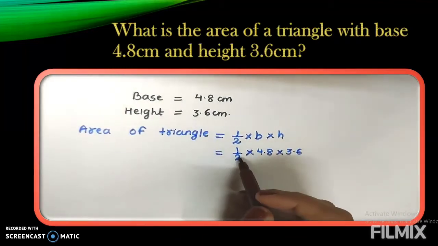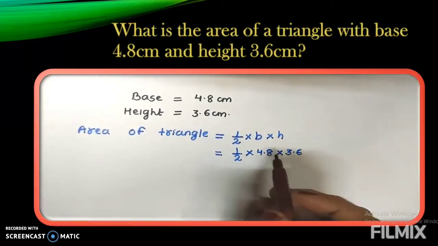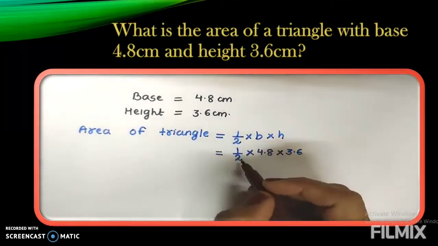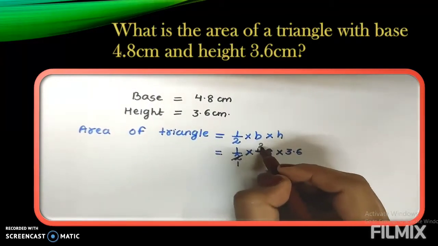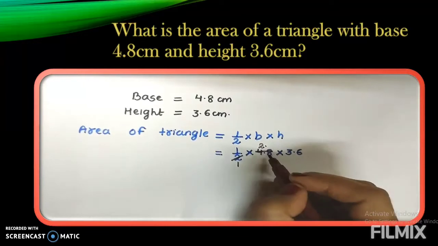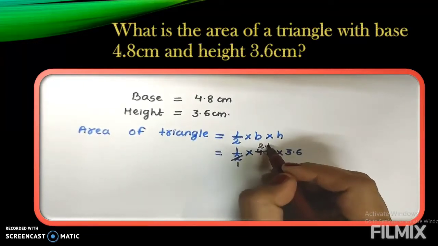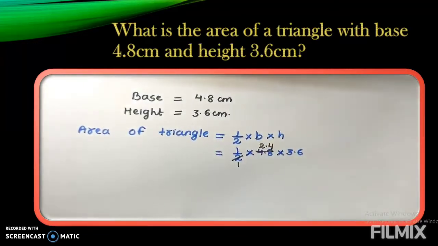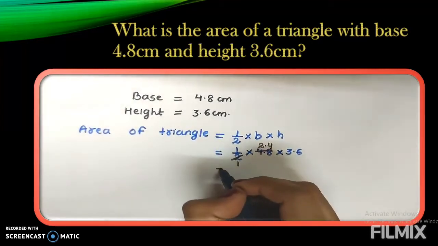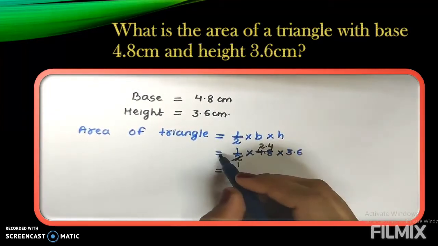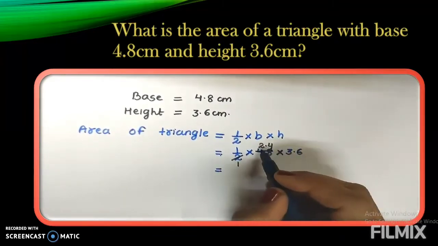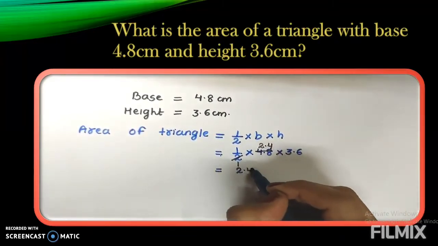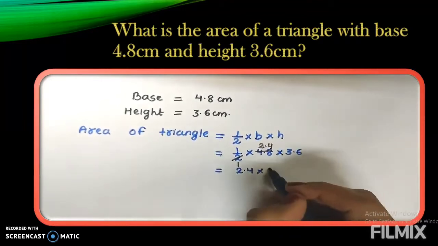Now we will go for table 2 and 4.8. Both are even numbers, so will come in 2's table. So we'll apply 2's table. 2 1s are 2. Here 2 2s are 4. Point is there, so we will give point. And here 8 is there, so 2 4s are 8. Now what is left? We will write is equals to sign left. So is equals to we will write same. Now whatever is left we will write. What is left? 2.4 into 3.6.